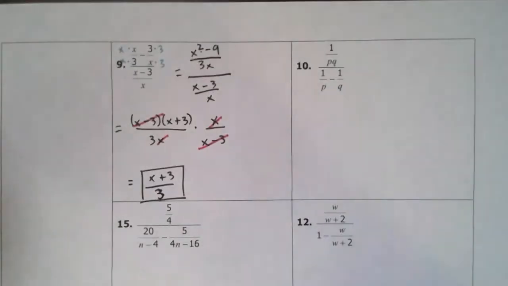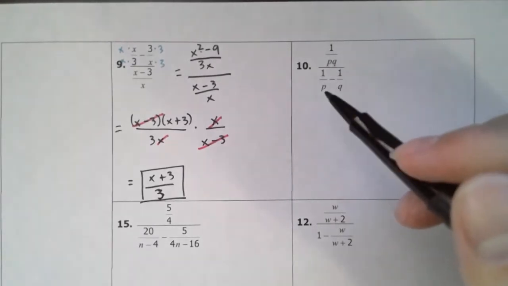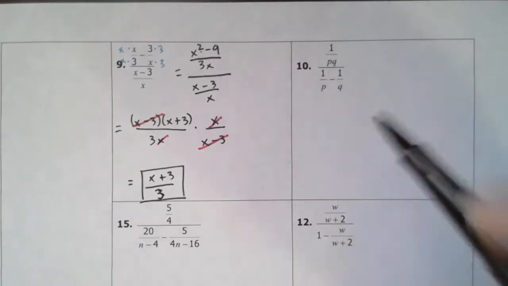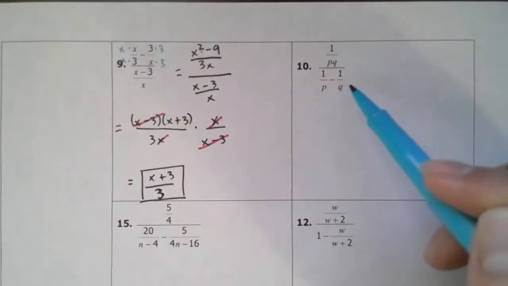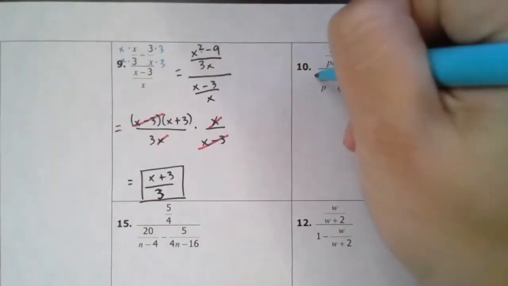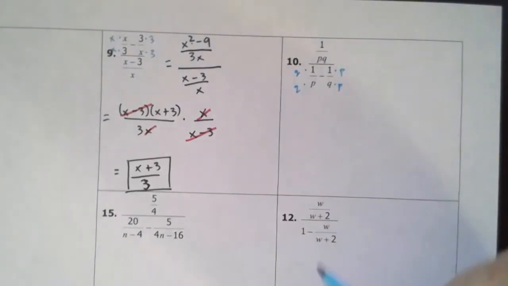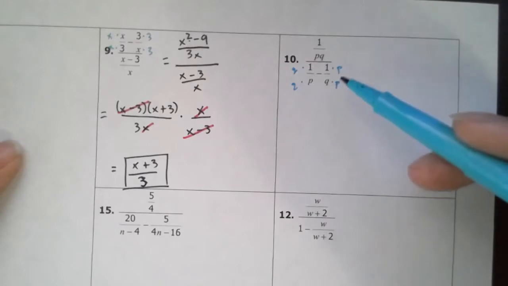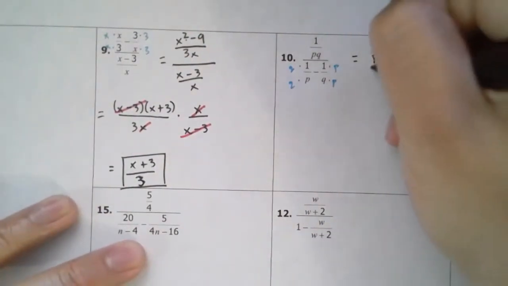Anyway, number 10, I have 1 over PQ, and now the denominator has 2 separate fractions, so I have to merge these, using the same idea as the previous concept. This one's over P, this one's over Q, so I multiply each one by the other denominator so that I can get the same denominator. I multiply the left one by q, the right one by p. This is going to give me 1 over pq over,